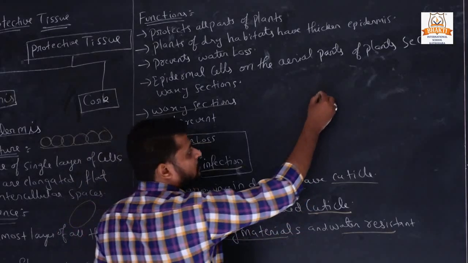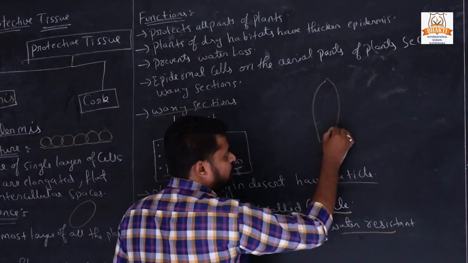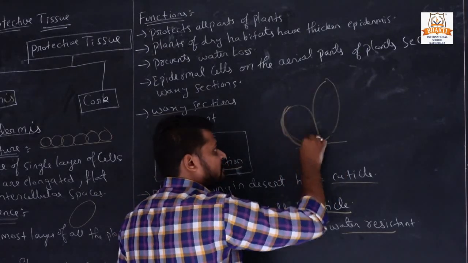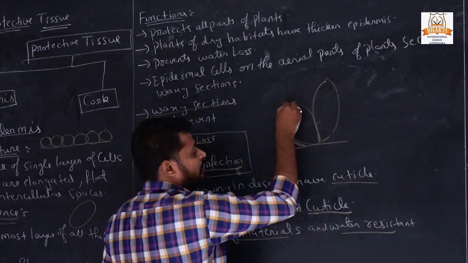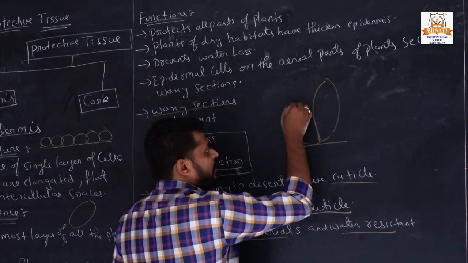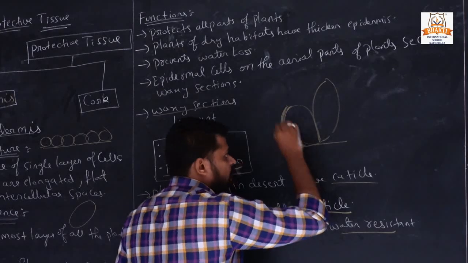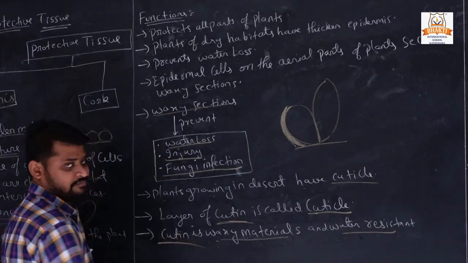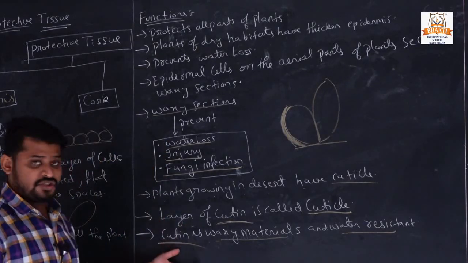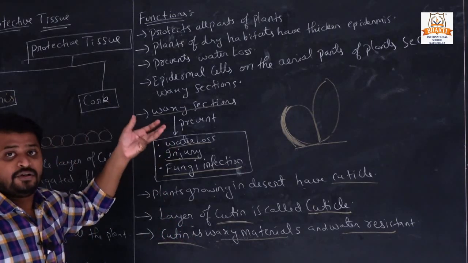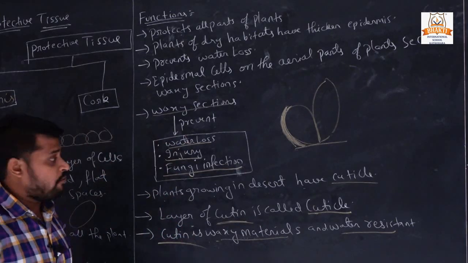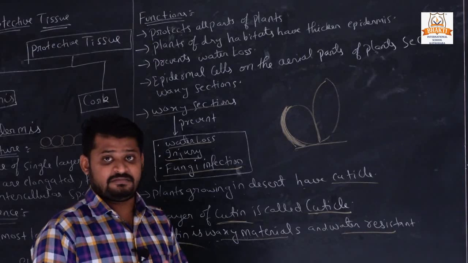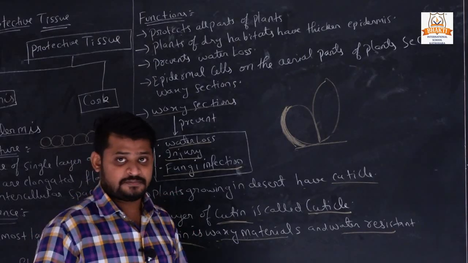And where is it found? If you see, this is a cactus. This portion is the epidermis. Between the epidermis and the cell wall, waxy substances are found, and that is called cutin. So understand what cutin is and how it helps to prevent water losses, how it looks like a waxy material, and what its function is. It is water resistant, meaning it will prevent water losses.